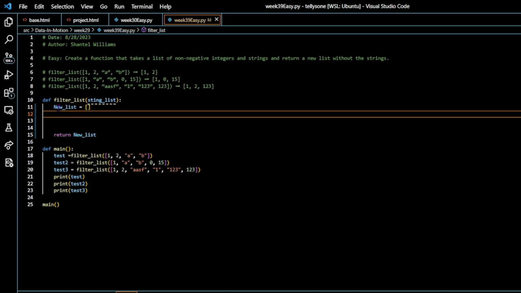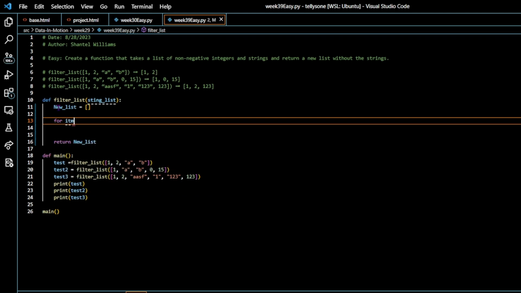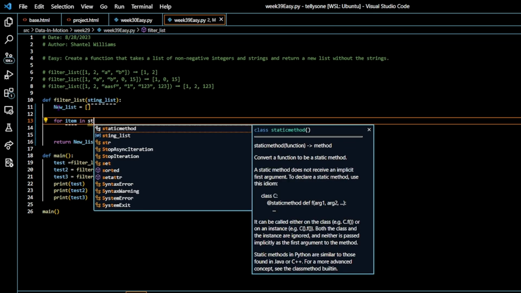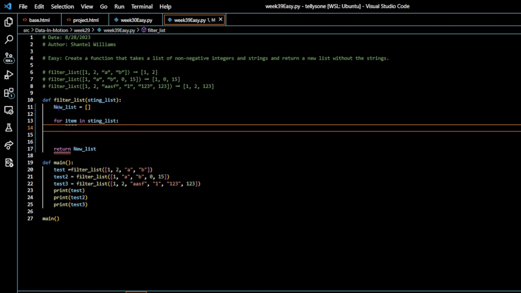So with this solution, we're checking each item in the filter list to see if it is a string or not. So we're going to go ahead and do a for loop to make sure we're looping through each element there. So we'll say for item in, well, I said string list, so we'll just put string list. And then we're checking to see if it is a string or not. So we'll say if